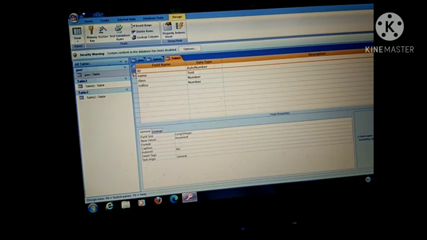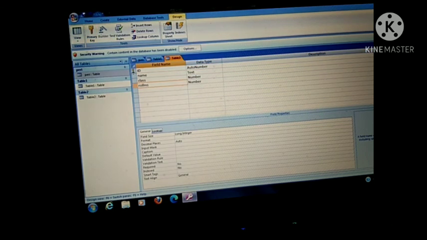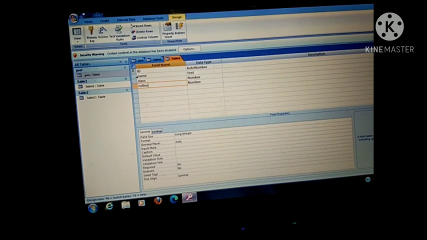I am selecting the ID field. I am clicking on this primary key option. You will check, the key option is now here. It represents that the ID field is a primary key, and it will not accept any repeated value. ठीक है, ID field duplicate value नहीं hold कर सकता.